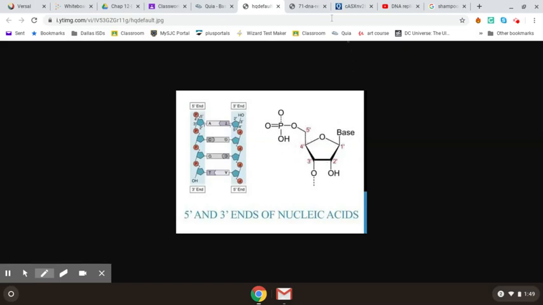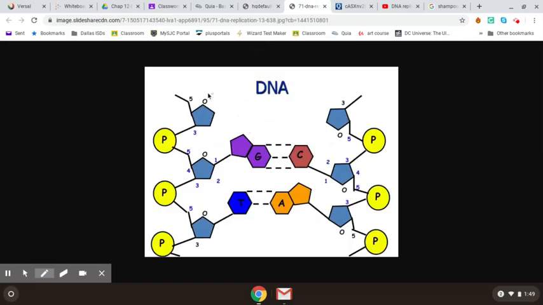So now if we look at this picture, we can see that on one side of the DNA, our little pentagon ribose sugars are pointing in one direction, where the tip of the pentagon is pointing up on this side, and the tip of the pentagon is facing down on this side. And the reason for that is that Watson and Crick, in their discovery of the shape of DNA, discovered that DNA runs in what we call anti-parallel